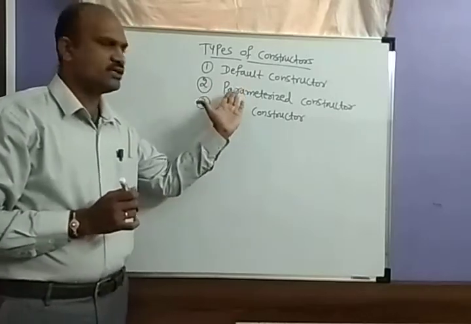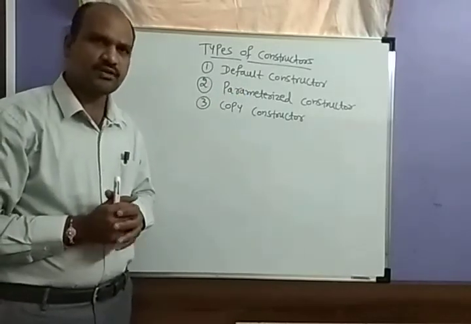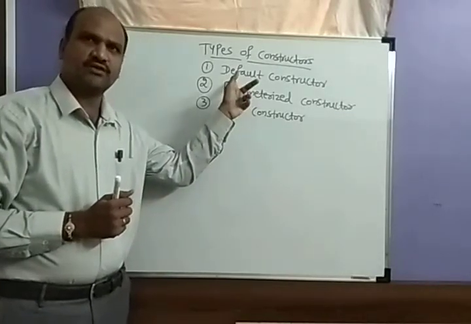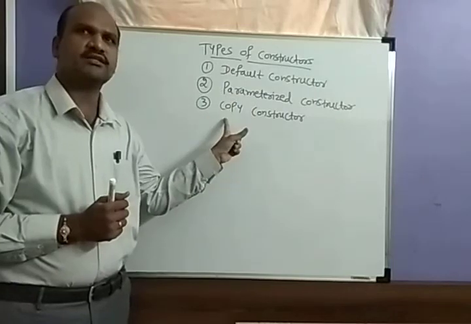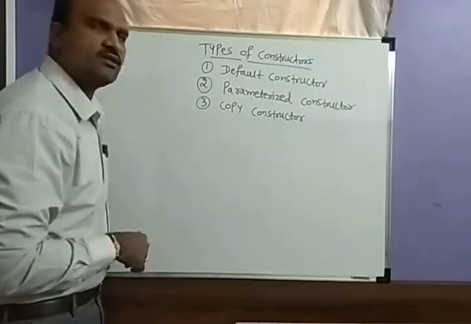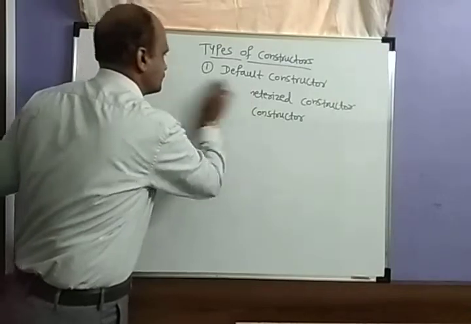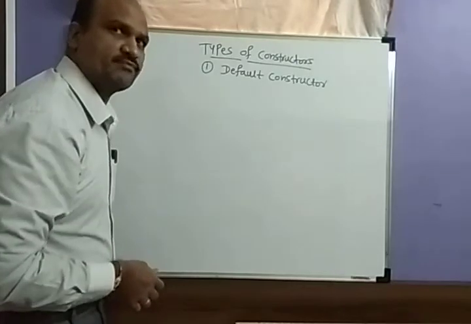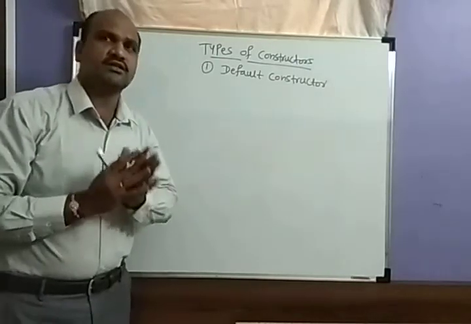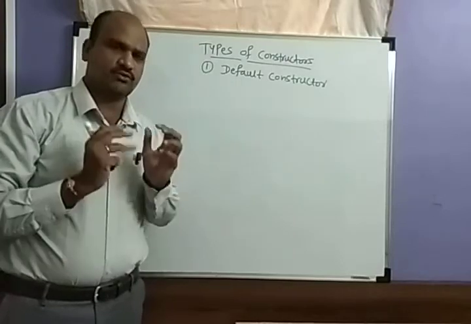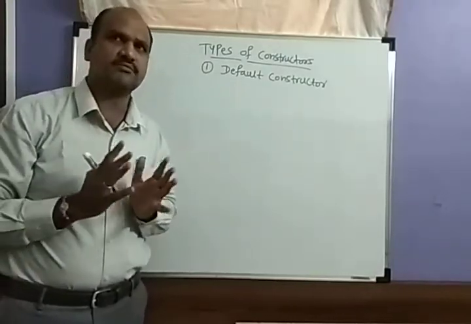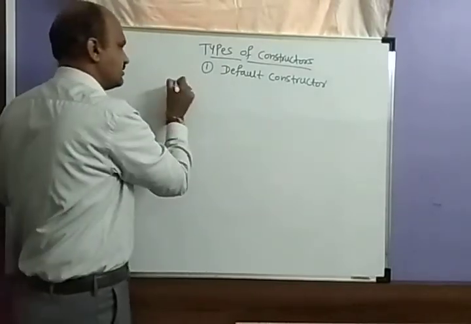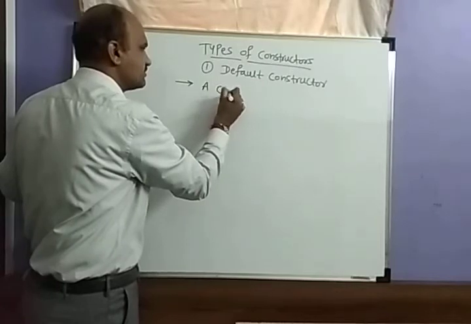Each works in a different way, but the concept is the constructor. So we'll see one by one how exactly the default constructor works, then parameterized, and then the copy. First we'll go with the default constructor. That is the first type. A constructor which does not accept any arguments. The default constructor definition is a constructor